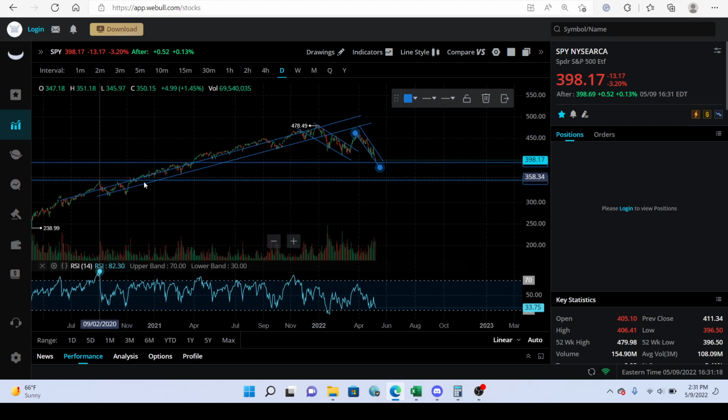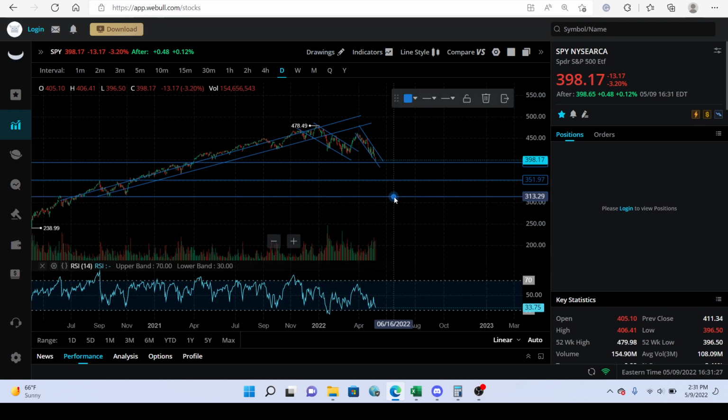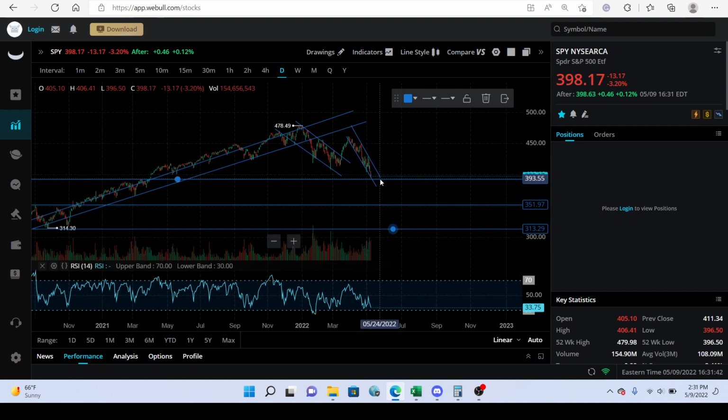So we could go all the way back down to 350, maybe even lower. I'm thinking the worst case scenario for 2022 could be all the way down to 314. But I do think that this 350 could really happen. It's looking more and more likely. And just looking from this 393.55 area all the way down to 350, just look at that. There's no support. Very weak support. Even right now, here at around 394, that's very weak support. That's not going to do very much for us. Maybe it will, but